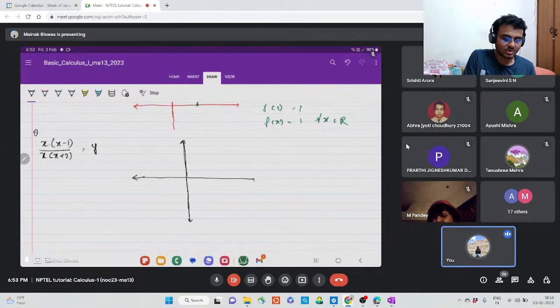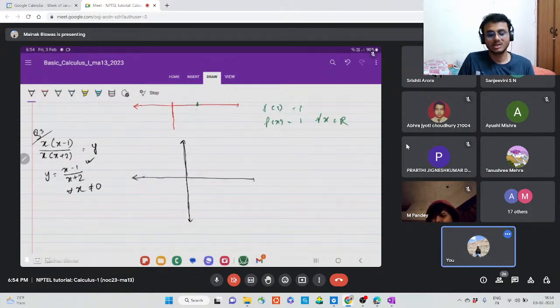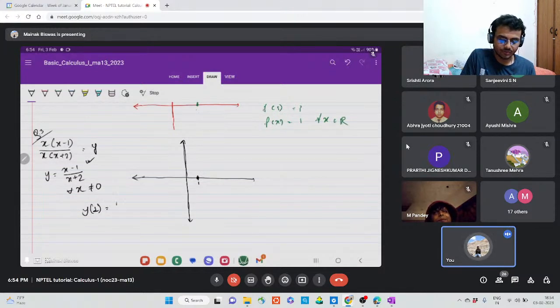This is question 3 or something, I don't remember. What we do here is, say we have this equation. x will be cancelled. y is nothing but x minus 1 by x plus 2 for all values of x not equal to 0, right? This is what I told till now, nothing more. And at 1 we know it's 0, right? This much we know. I need you to tell me if it is fine. y of 1 is 0, right? Yes. So now, y of infinity